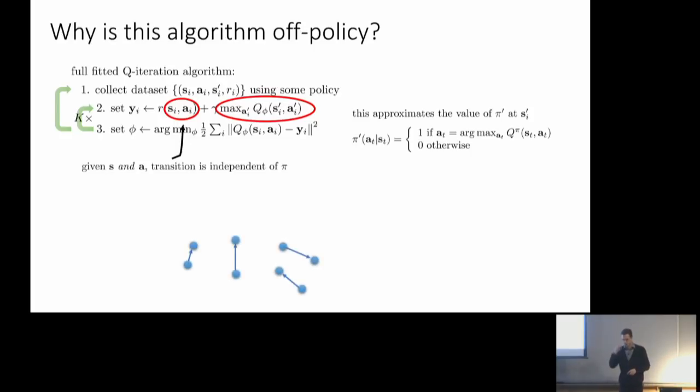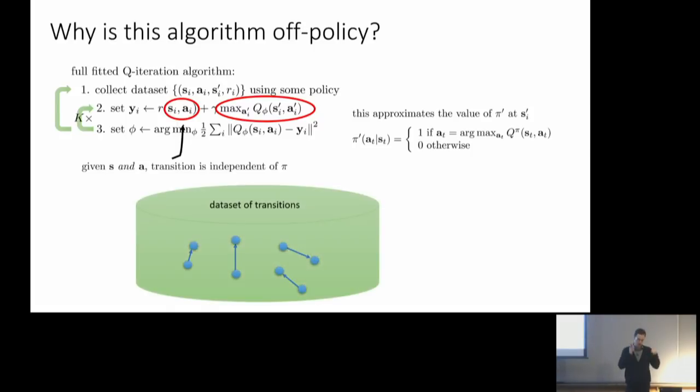Some intuition, a mental model of how this Q iteration procedure works, is that you basically have some soup of transitions. Somewhere you got those transitions. Maybe you got them by running your policy and getting trajectories. Maybe you got them some other way. You don't really care. There's just a soup of these transitions of states, actions, and next states. That's going to be your data set, and you're just crunching on that data set to update your Q function. So you're enforcing this relationship: you want Q(S, A) to be equal to the target values Y for all the transitions in your data set.